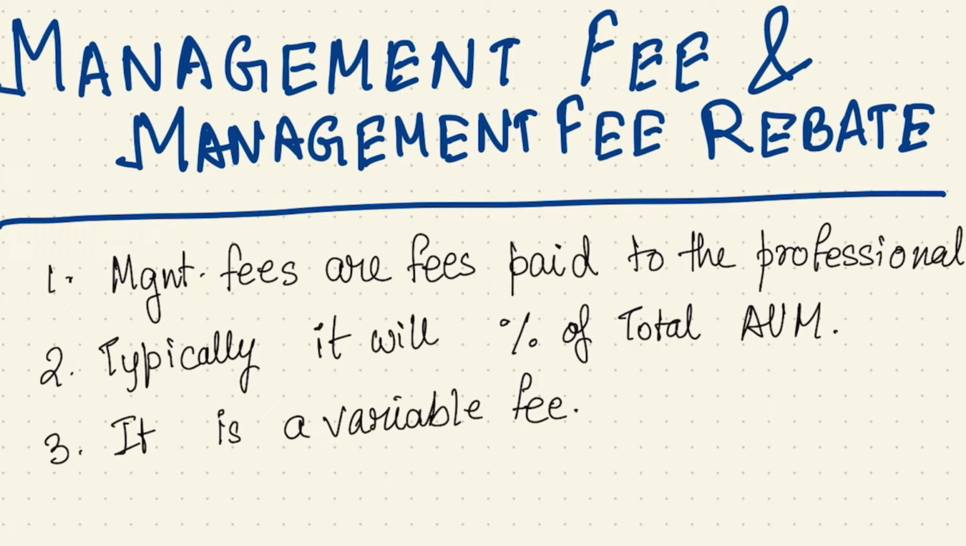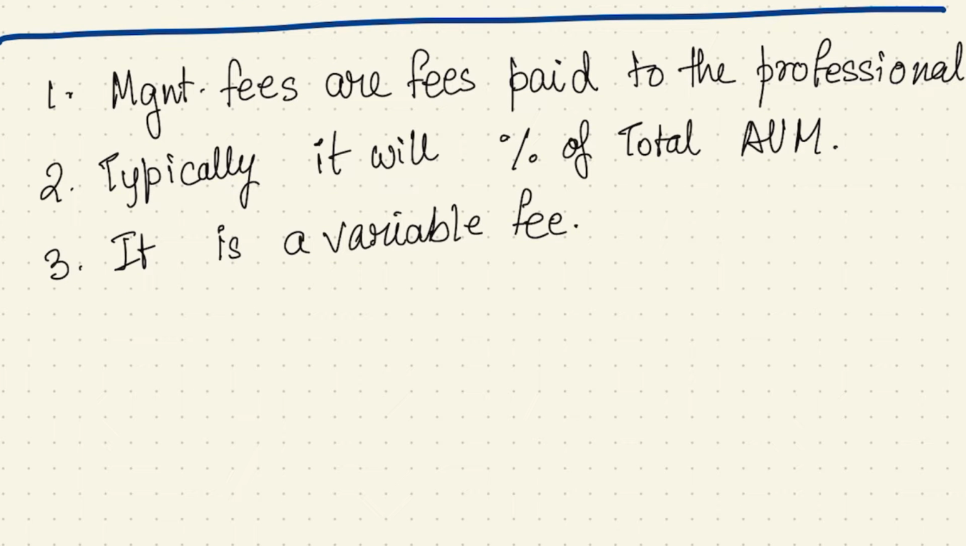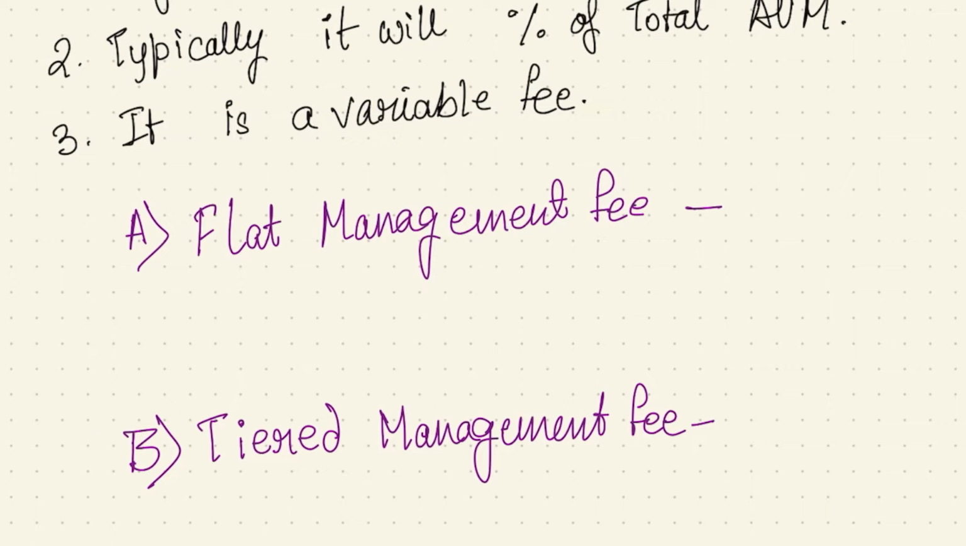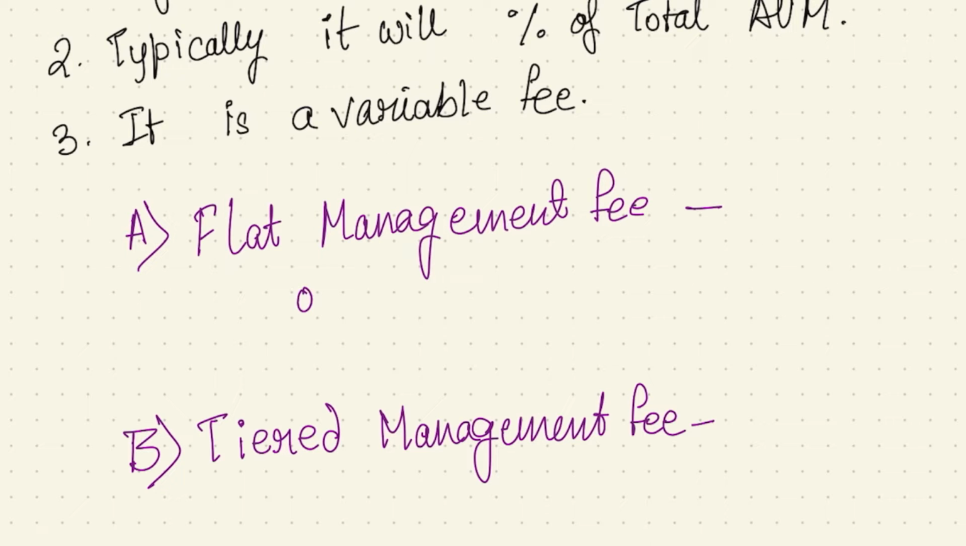Management fee can be of two types. In a fund, management fee can be charged based on two types. One can be a flat management fee and another can be a tiered management fee. Flat management fee will be a straightforward fee charged on the AUM. So if it is written in the prospectus of my fund that the management fee is 0.5% of total net asset, that means whatever my total net asset is, on that 0.5% will be charged as